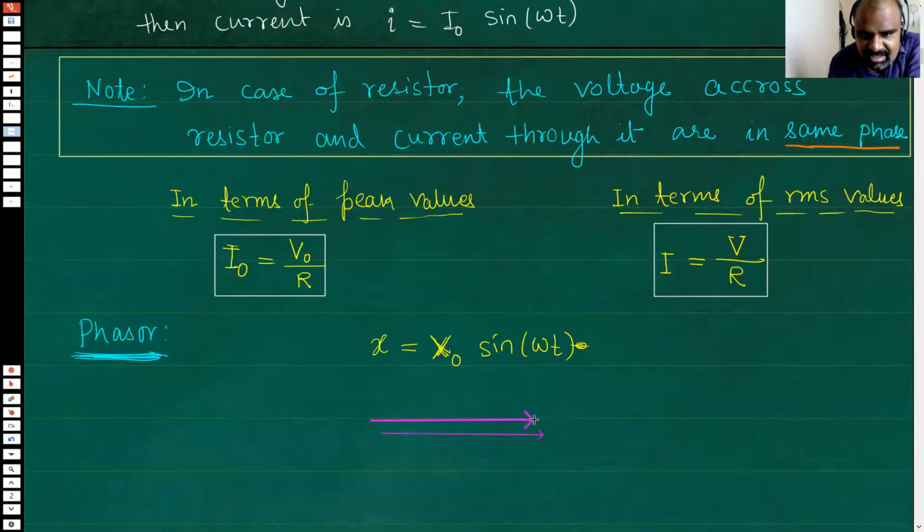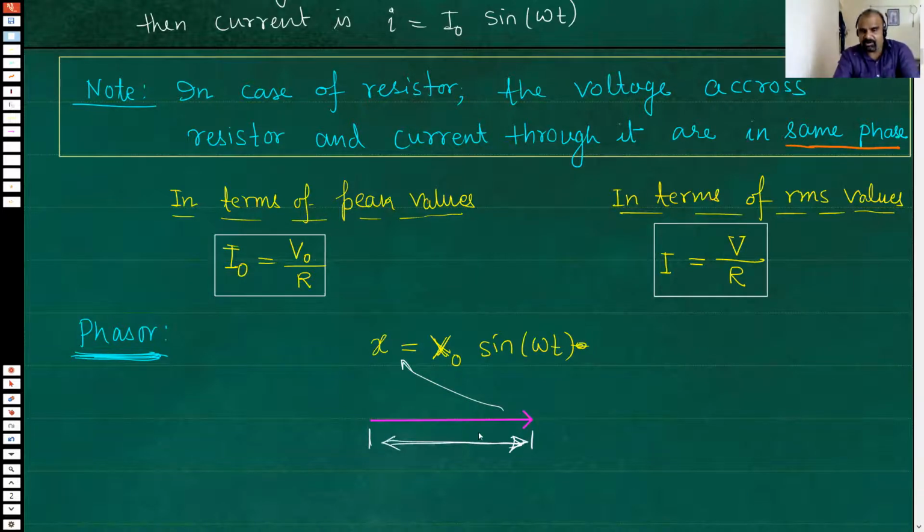Okay, this is the arrow. Let me just draw this one. This was 2 3. Now what this arrow represents is this quantity. What should be the length of this arrow? Because whenever we draw an arrow, its length is also important and direction is definitely important. But what about the length of it? Well, the length of this arrow has to be the peak value. Whatever is the maximum value of this quantity, that will be equal to the length of the arrow.